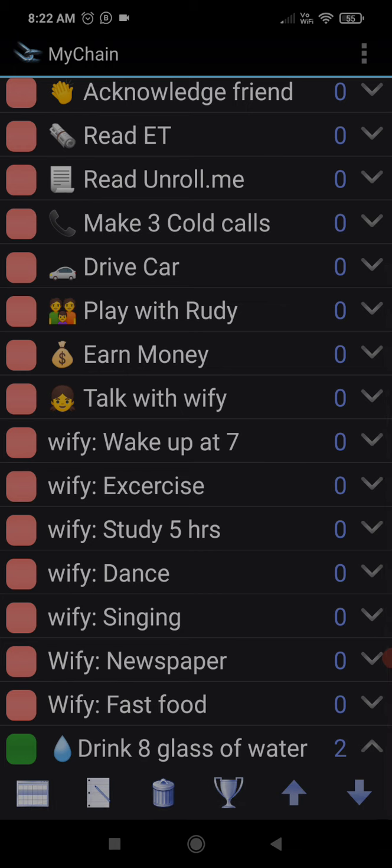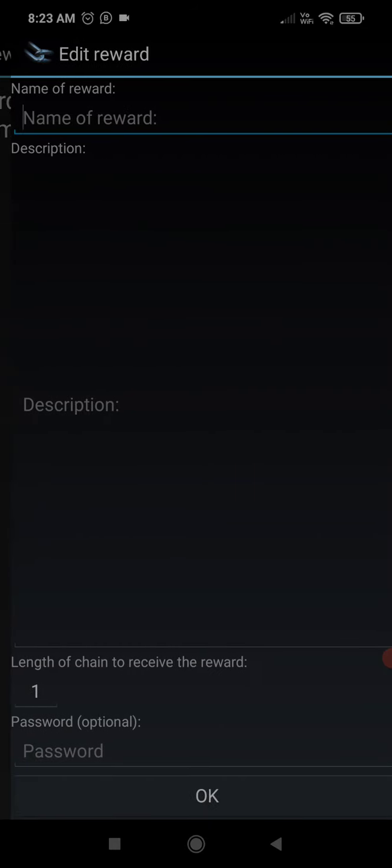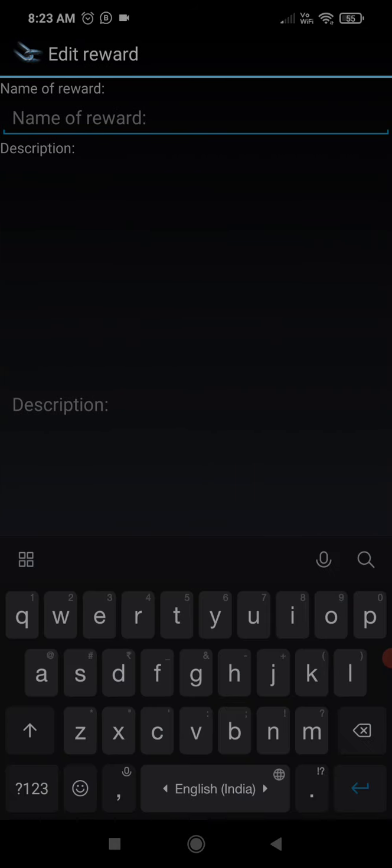Now, one more interesting and very fascinating thing about this MyChain app that I would like to show you is, here is a cup or a rewards icon. I'll click on the cup or the reward icon. By default, there are no rewards shown over here. What I can do is click on add rewards. So what do you do over here with add rewards? You can actually click on the rewards. So let's say